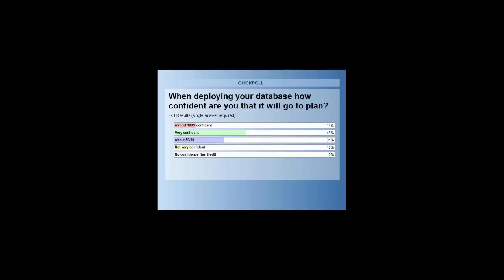Right, here we go. So on the screen now, it looks like you're a relatively confident bunch in general. There's a few not very confident people, but as a whole, there's a lot of very confident people and a few 50-50s, which, depending on how critical those deployments are, might not be something you're particularly happy with. But the reason we're asking this is really to do with the whole point behind continuous integration,